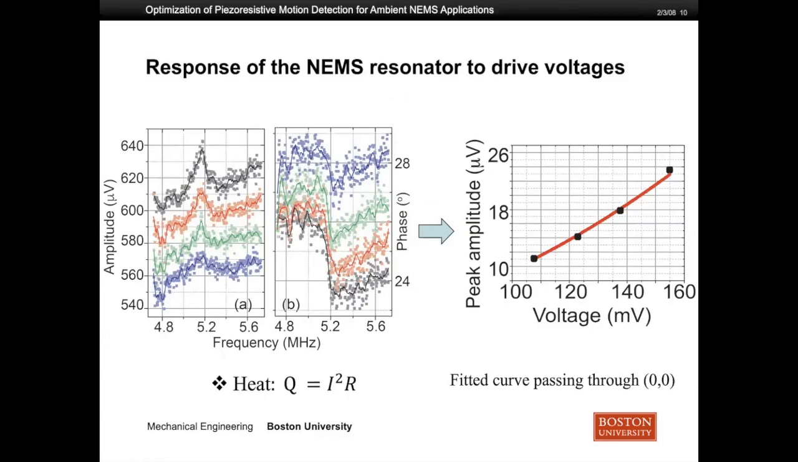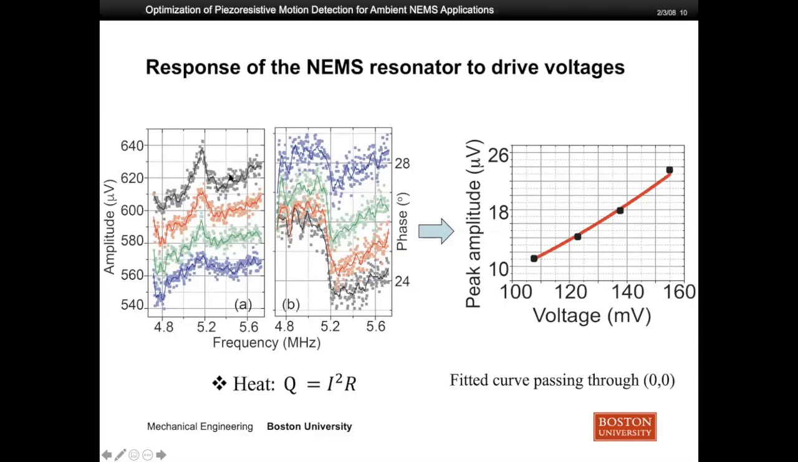This slide shows the response of the NEMS to the drive voltage. Again, in this figure, I'm looking at amplitude and phase as a function of frequency, shown in figures A and B. From blue to black represents the drive voltage increasing. You can see increasing the drive voltage increases the thermal energy dissipated on the NEMS device, resulting in a